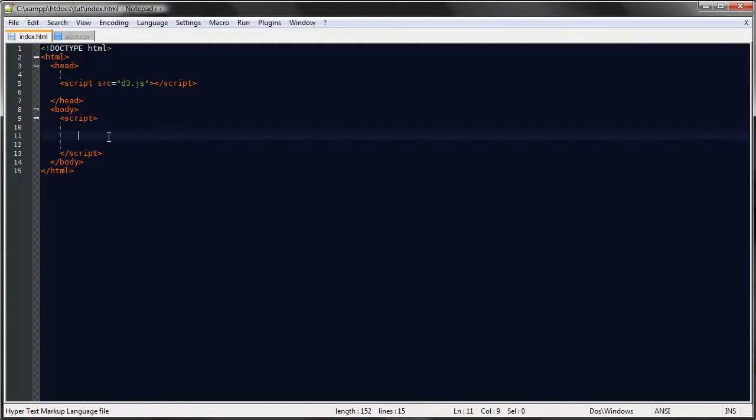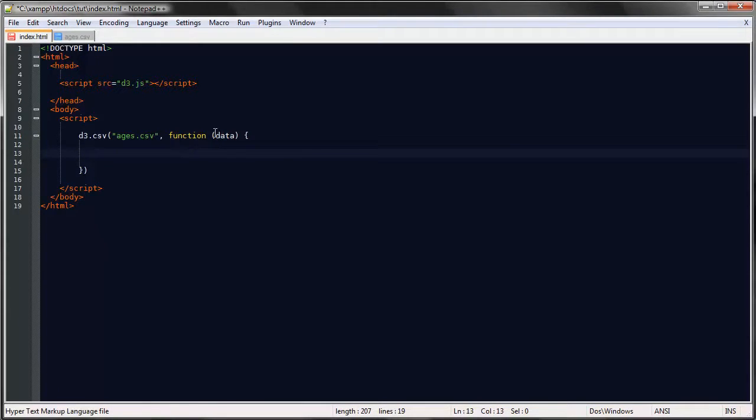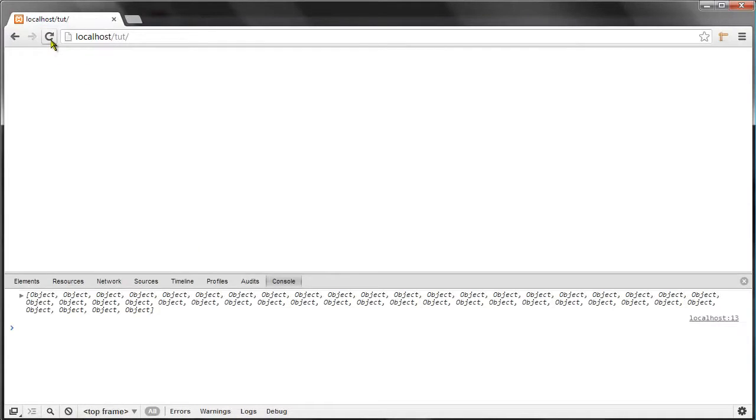So whenever we have external data like this, as you know by now, we need to load that data. So I'll do that like this. And as you know by now, our data is stored in this data variable. So let's take a look at our data first of all. If we inspect this, you can see that we have an array of objects, each with the age property and